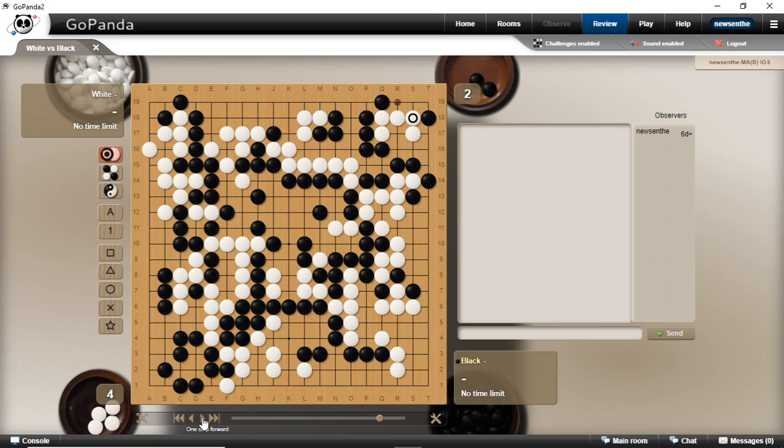Instead, I play this one. He just played very simple, right? So here, if I play this one, he's going to play this one. If I play this one, he's going to play this one, right? So my corner is just dead. And then all what I got is some liberty squeeze, and then